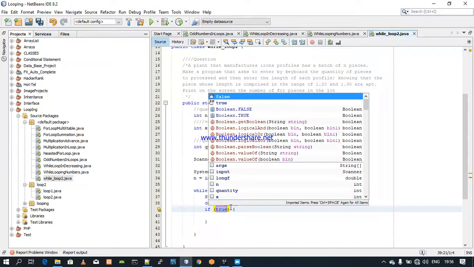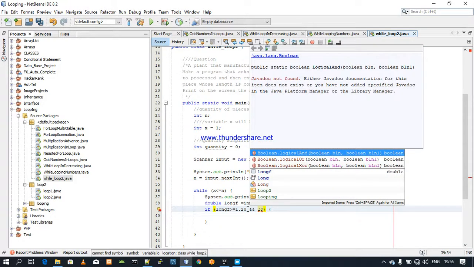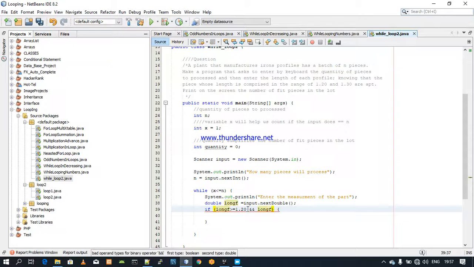So we check if the length, that's the part of that, is greater than or equal to one of our options, which is 1.20. Strictly, using the and, we strictly check if at the same time the length, from here, is less than or equal to